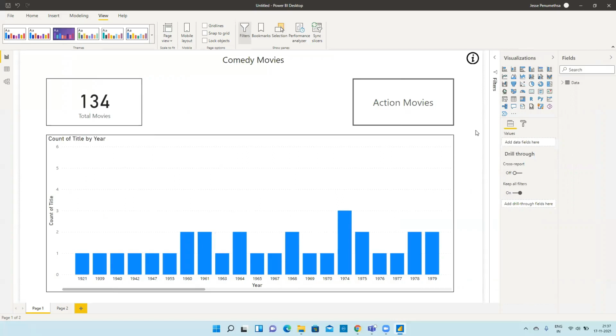They may ask, and you can say like, first I will be creating the report. After creating the report, if I want to hide any visuals or slicers, I will hide them in the selection panel, and after that I will add the bookmark. Then I will provide that action to those buttons.